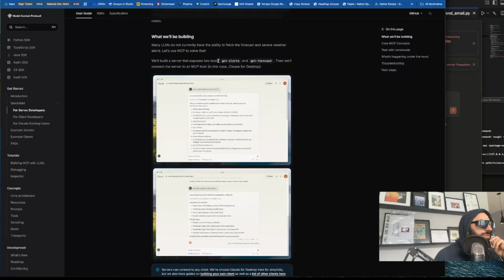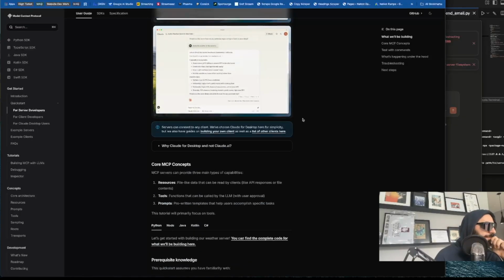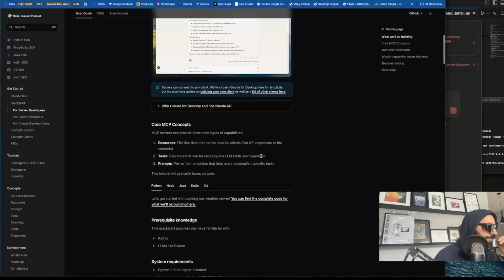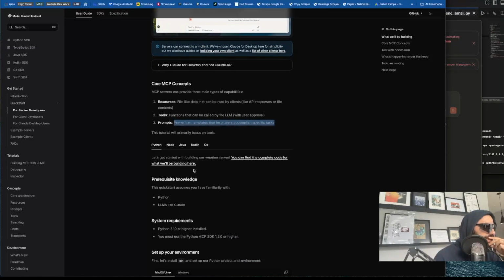Build it. Two tools: get alerts and get forecast. Then we'll connect the server to MCP and Claude Desktop. Guides on building your own client. Okay, so, core MCP concepts. MCP servers can provide three main capabilities: resources, tools, and prompts. Templates, like. Now, if I understand this correctly,